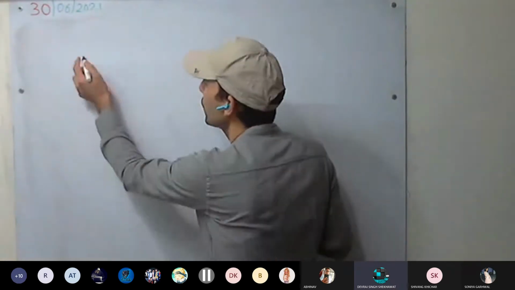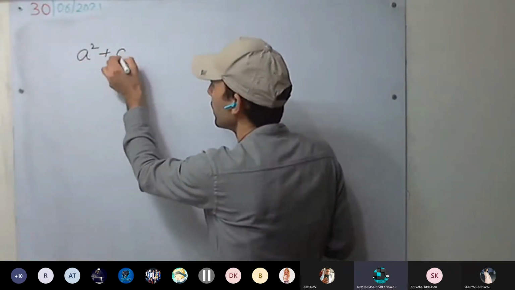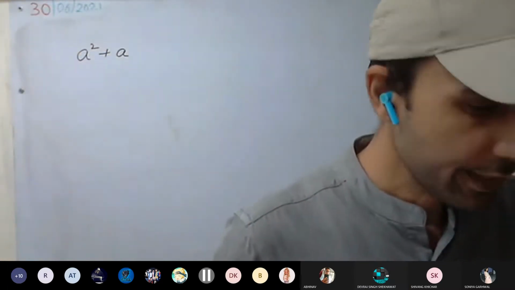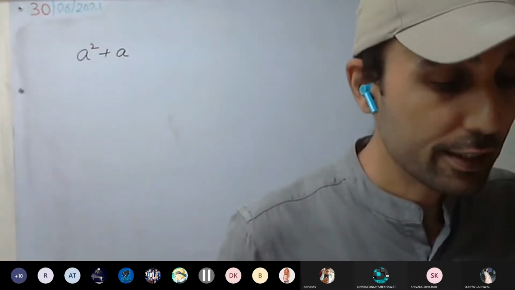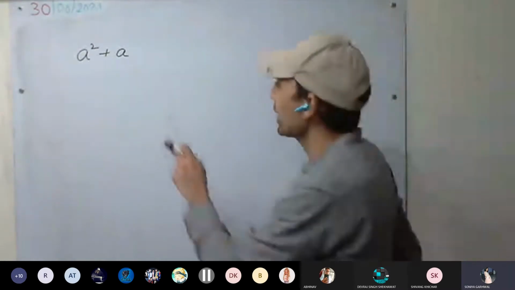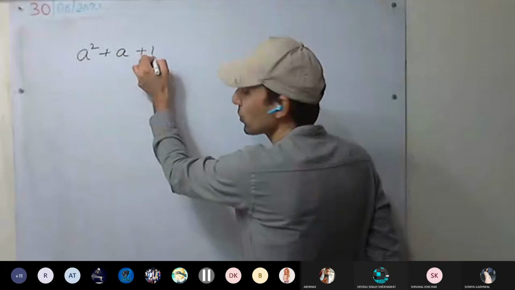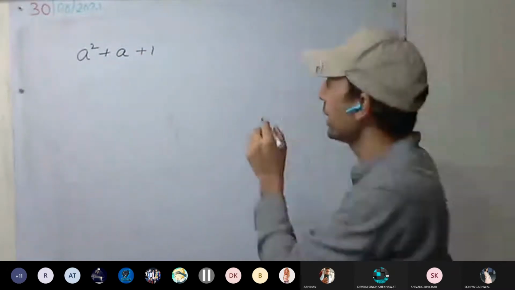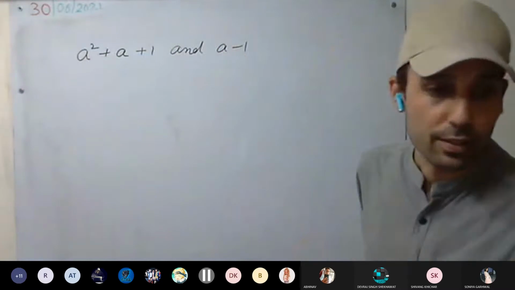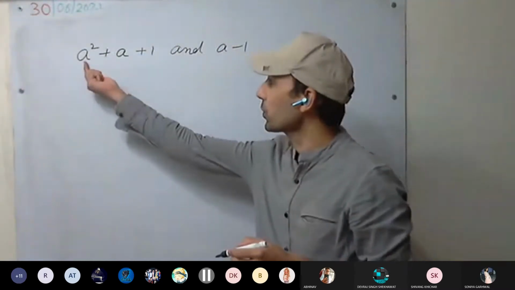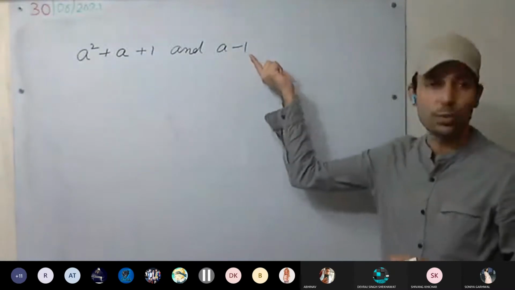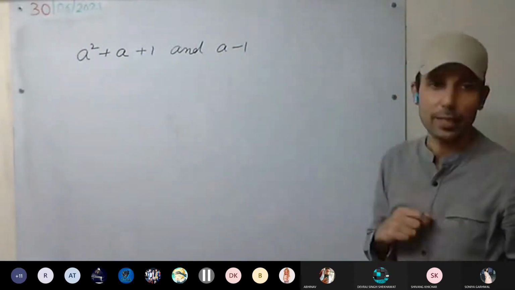Okay, next we will have to multiply a binomial with a monomial. No, it's a monomial. Fifth question, first one. It is a trinomial, 3 terms. See here, a square plus a plus 1 is given, and a minus 1 is given. So this is how many terms? 1 term, 2 terms, 3 terms. It is a trinomial. It is 2 terms, a binomial. You have to multiply them.